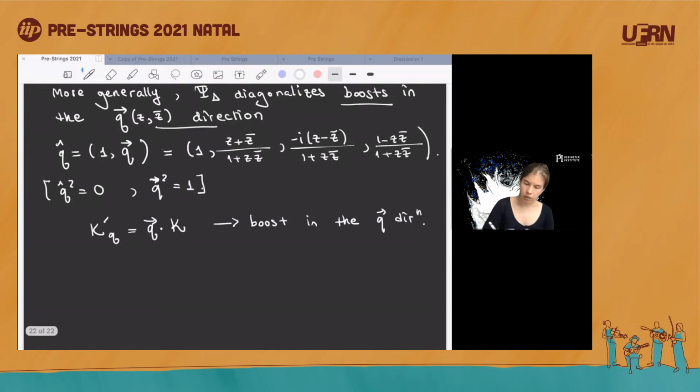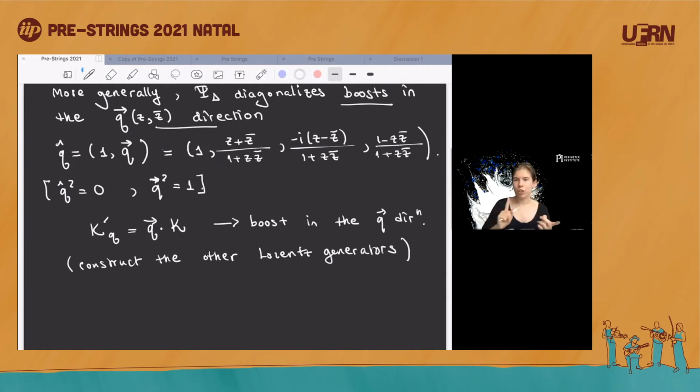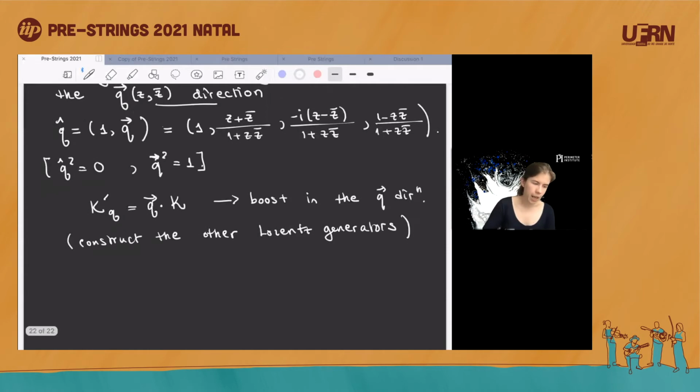And similarly construct the other Lorentz generators. Essentially, the other two generators would be obtained by dotting, for example, boost generators into vectors which are orthogonal to this Q, right? So one can just pick a different basis for your Lorentz group and hence a different basis for your SL2C. And then with respect to these guys,